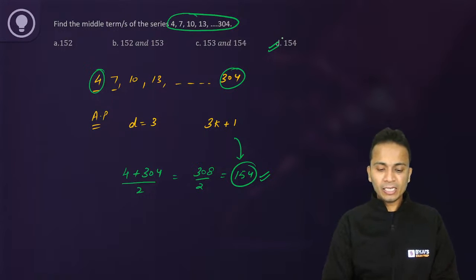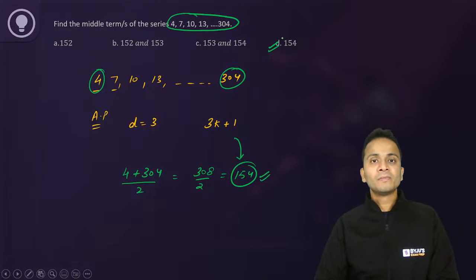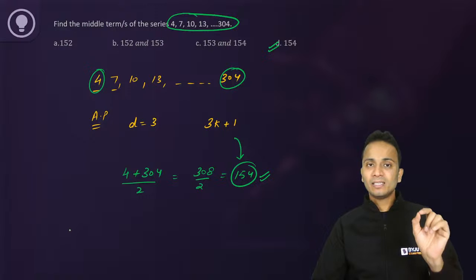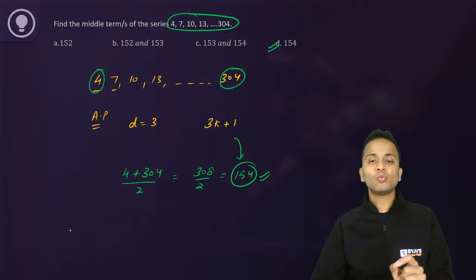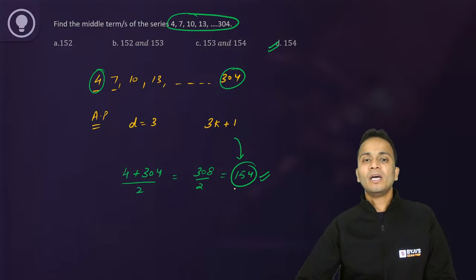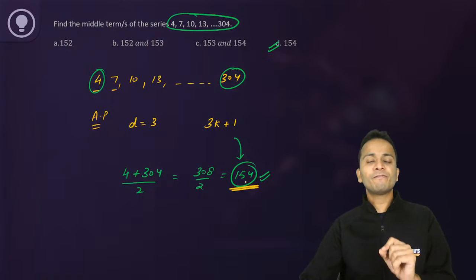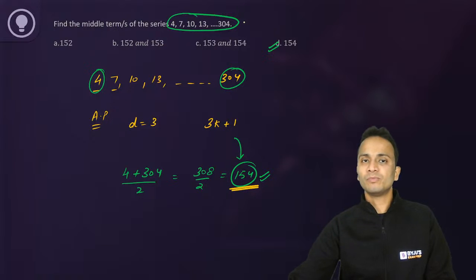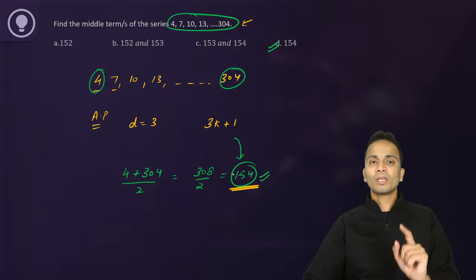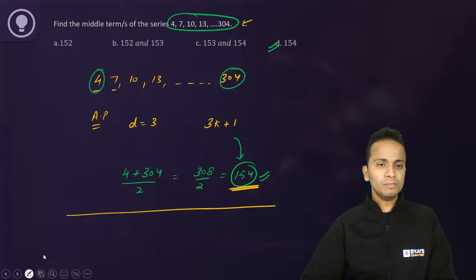Okay, am I clear? There is a student saying 3n plus 1. Yes, you are absolutely correct. Yes, I'll consider that also. What if the series was up to 308? The last thing that I have mentioned here, after getting the answer as 154, you just check if 154 is one of the terms, if 154 is of the form 3k plus 1. Okay, now if the series is up till 308, let me add one more term.